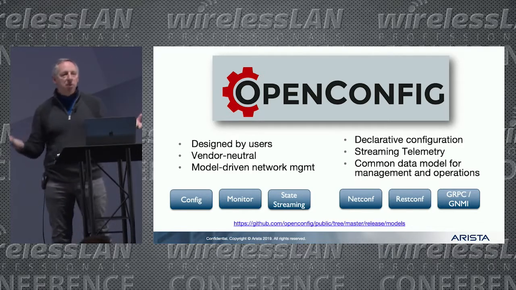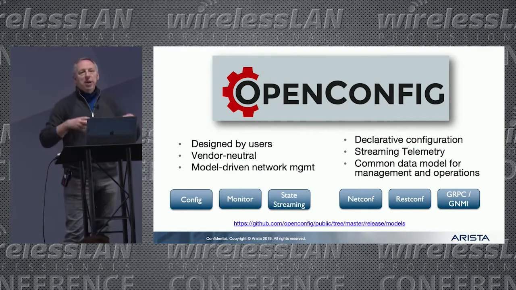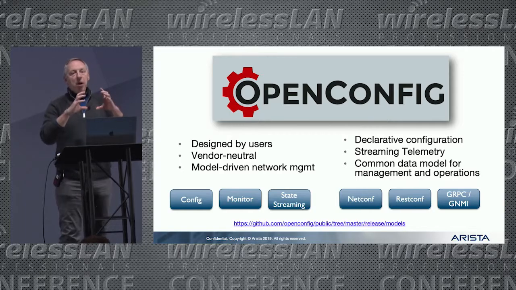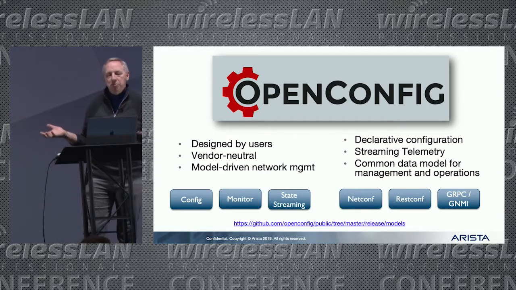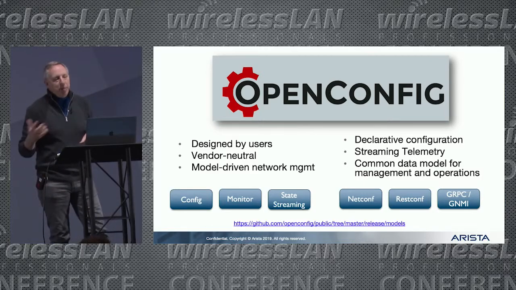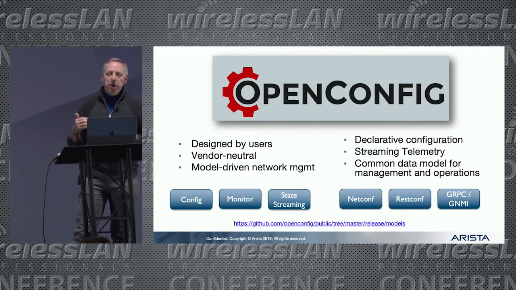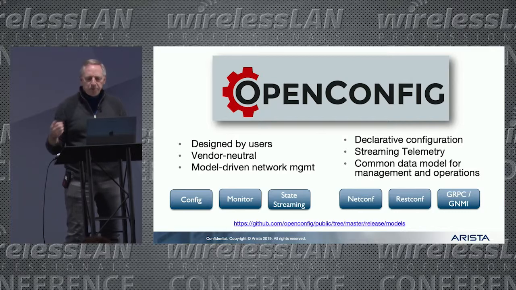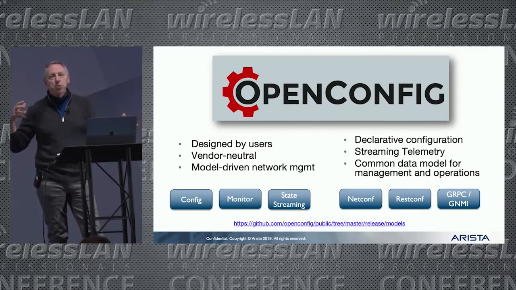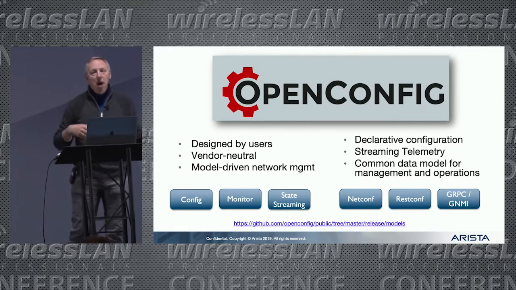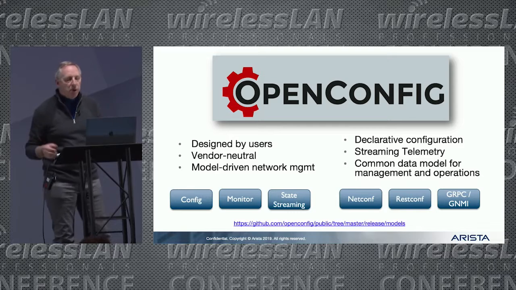Those are the same across all vendors. So you shouldn't have to create, you should be able to have a model that manages all those things no matter which vendor it is, because you're managing essentially the same things. You want to make it easy to use, so you want to make it a very declarative configuration. You want to be able to get information from these systems to be able to do real-time management, to do real-time alerting. So you want to be able to stream telemetry when something changes to see what's going on.